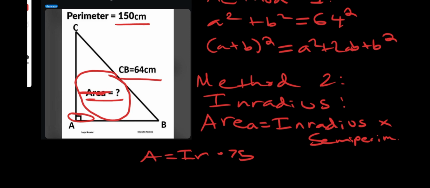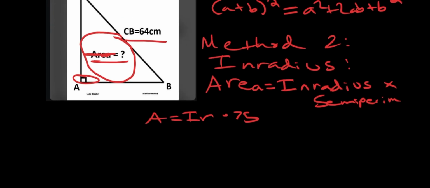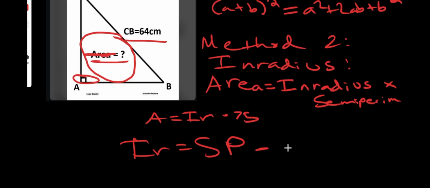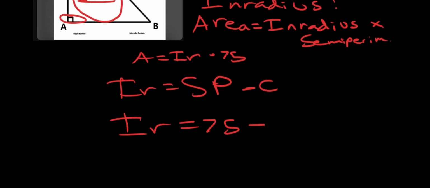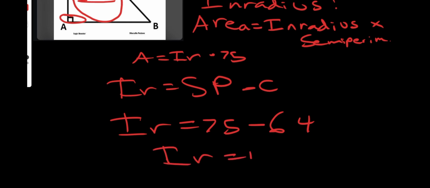In order to find the inradius, there's also another formula, and that is inradius is equal to semi-perimeter minus hypotenuse, or c. And when we simplify that, because we already know the semi-perimeter, we just calculated it, it's 75. That would be IR is equal to 75 minus, and since the hypotenuse, as we can see, is 64, it's going to be 75 minus 64. So we just simplify this to IR is equal to 11. Then we substitute it back in this equation over here. So that's going to be A is equal to